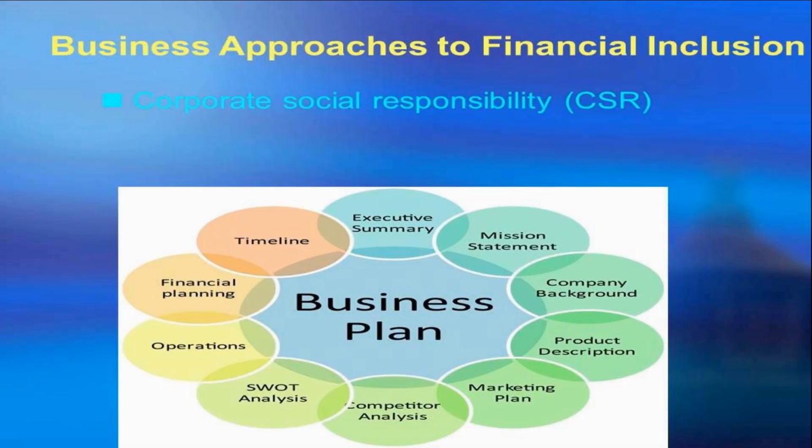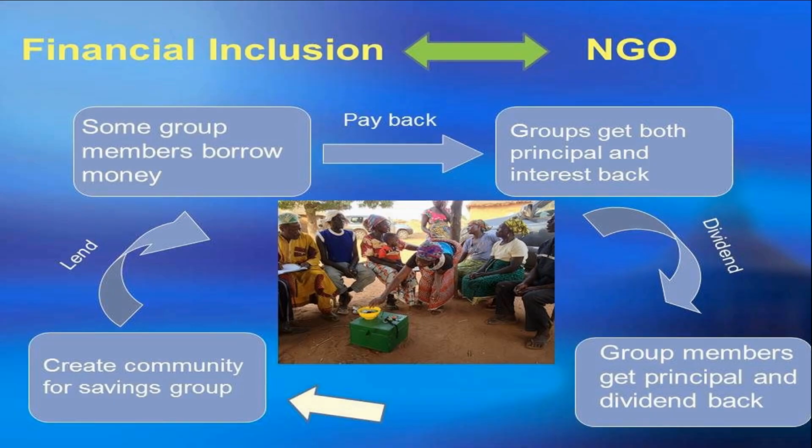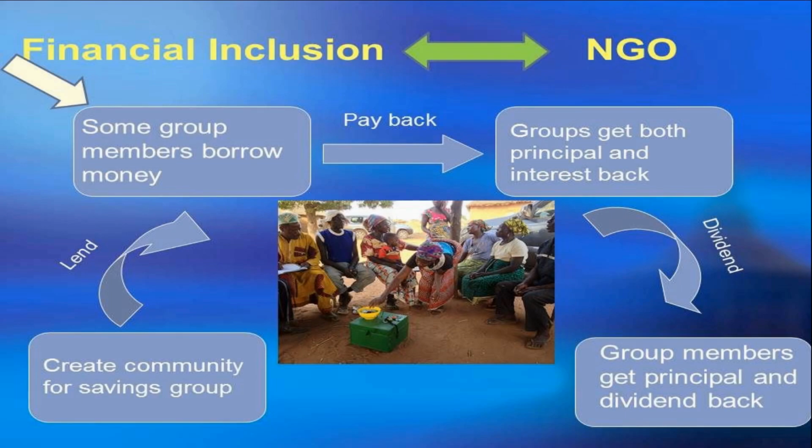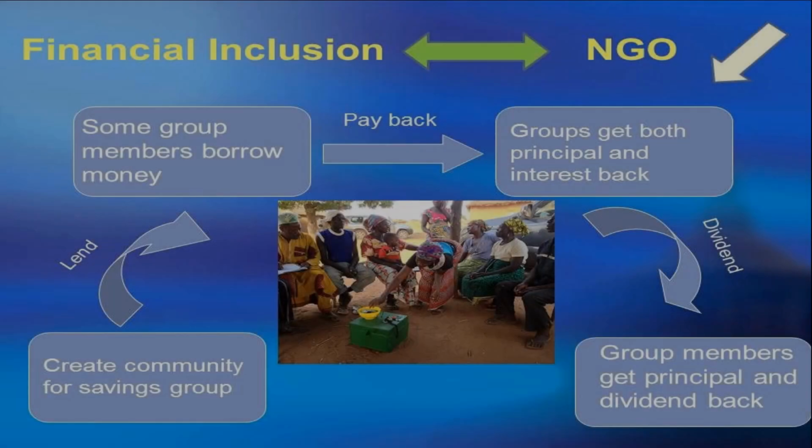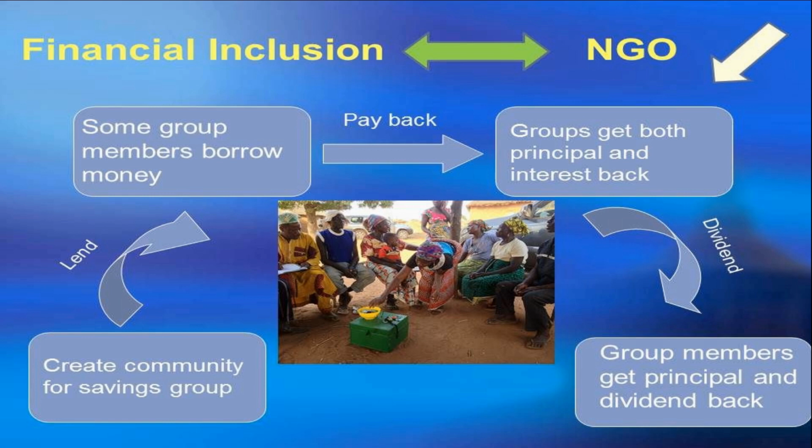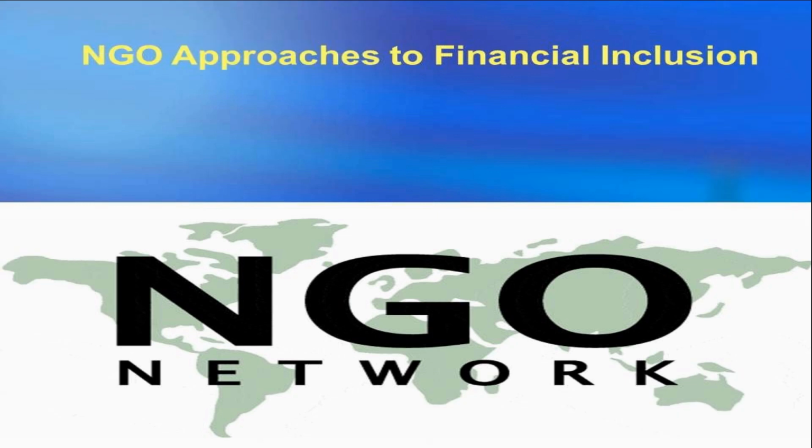And they can use corporate social responsibility and strengthening agency banking to approach financial inclusion. For NGOs, they have had the same model for many years: they create a community, teach the members to save money, and lend it to the group members who need it. After the borrowers pay back both the principal and the interest, group members get a dividend from it. Although NGOs are the biggest financial inclusion providers, they can only help others by using social